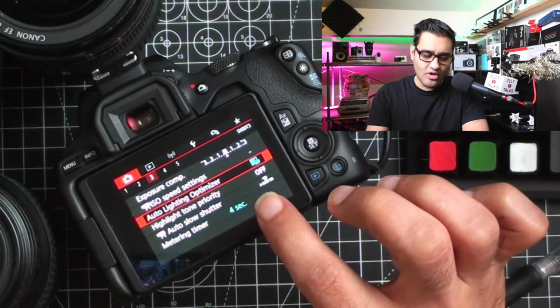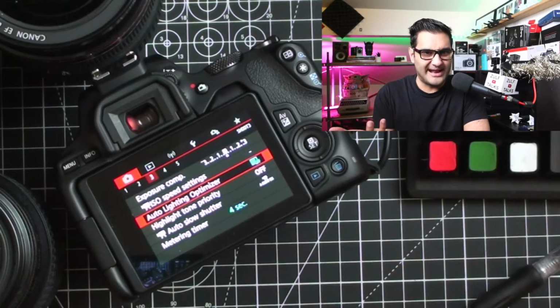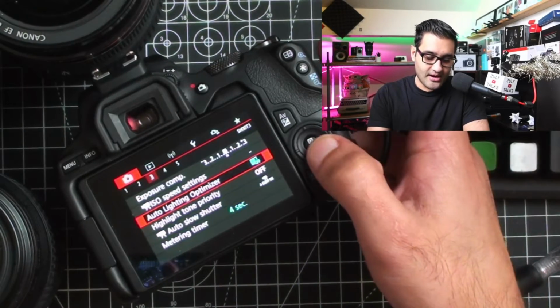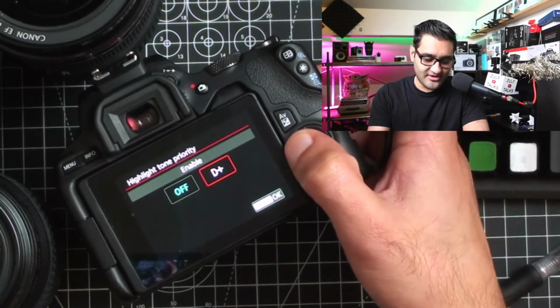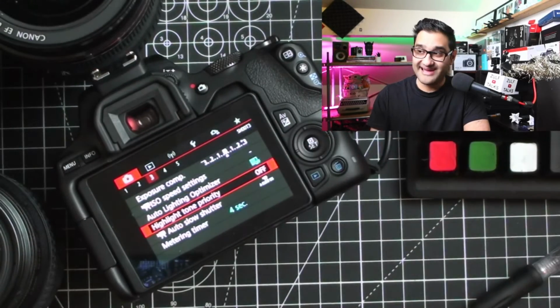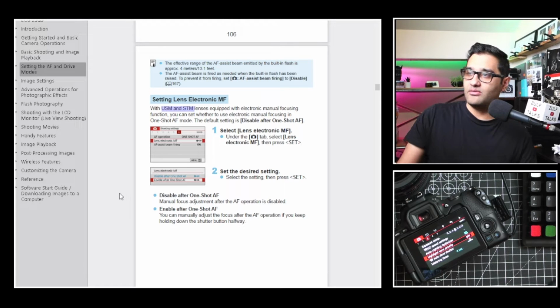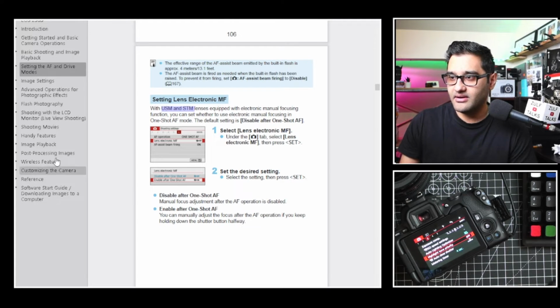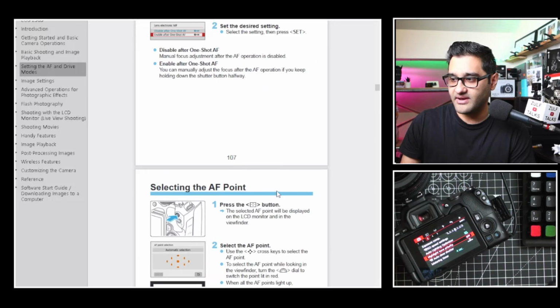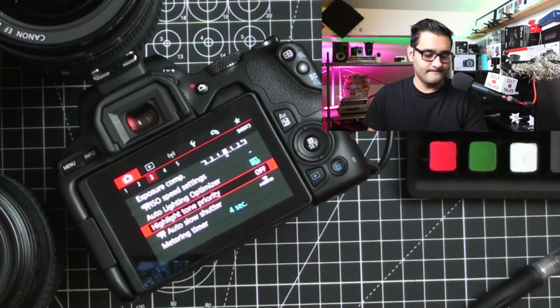I'm giving you more of my view if you're using the camera, how these work out and pan out in day-to-day use. Highlight tone priority, I have it off, and that is another one of those that has started to appear on these cameras, and I normally refer to the guide to explain the correct way of saying it. So let's bring up the guide for you here, bam, and we will say shooting handy. Okay, here we go. The AF modes, let's go. So with highlight